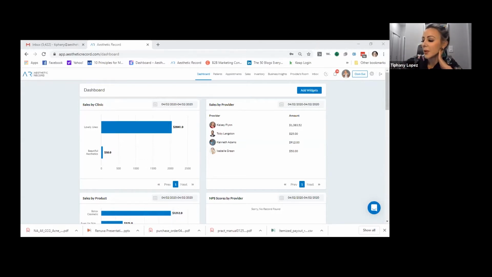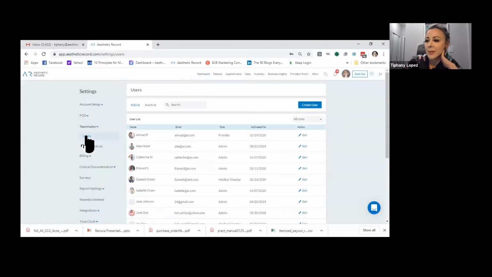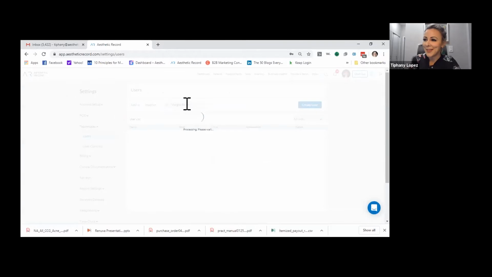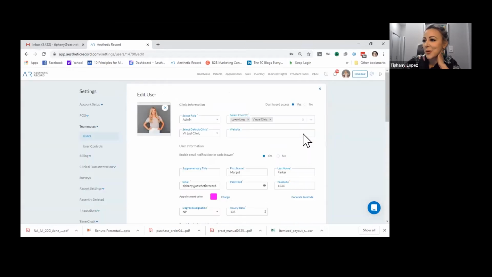I'm going to go first to my settings in my dashboard, my little settings widget, and go to teammates. In my teammates section, I'm going to look for, you guessed it, Margot Parker. My pseudonym. I'm going to write a book under Margot Parker one day. If I go to look at Margot Parker's profile here, which tends to always default to my name,